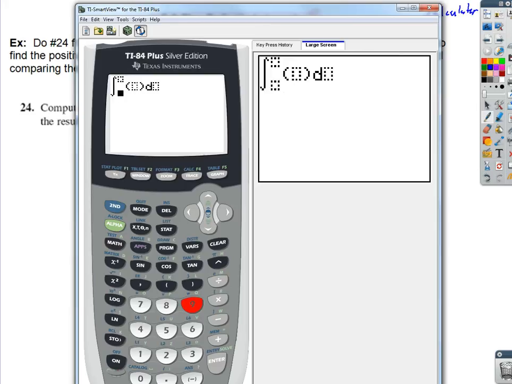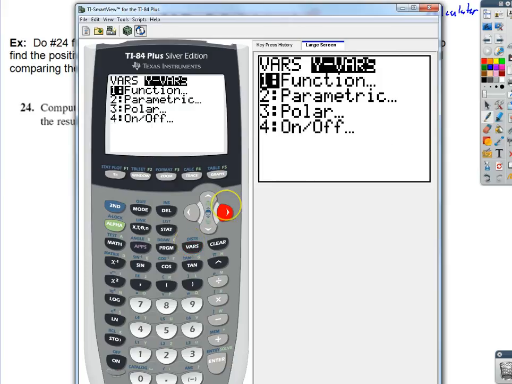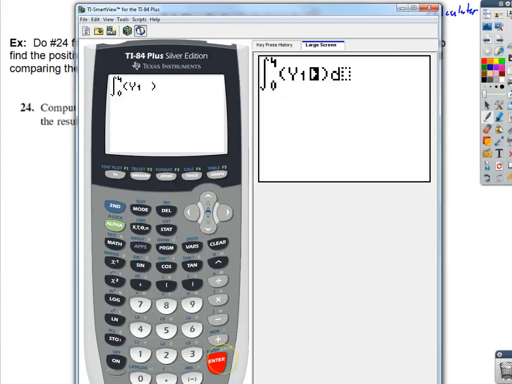And you're going to do from 0 to 4. And of course you want y1, so you can do vars, Y-vars, function, y1. And you're going to take the antiderivative with respect to x. Okay, and you go ahead and hit enter. And there it is,